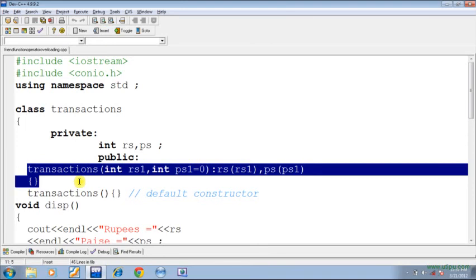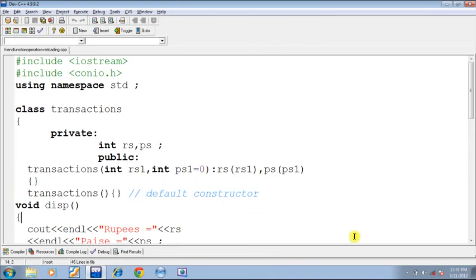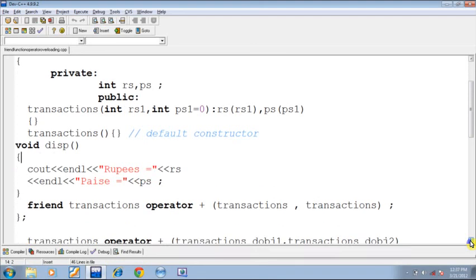This means if I create an object of this class, and at the time of creation I pass only one argument, that argument would be put into this formal argument rs1. So ps1 would be automatically assigned the value 0. Now see next.